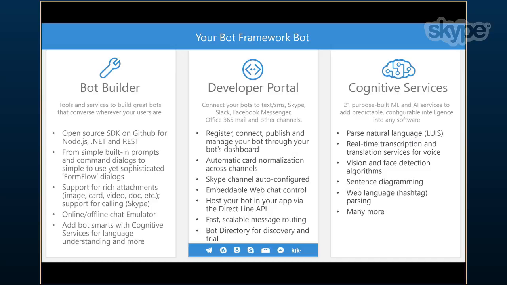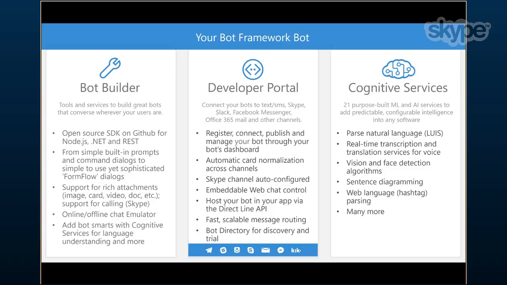Okay, so that's Bot Builder, Developer Portal. When you have written your bot, the first thing to note is that you can choose C# or JavaScript. If you're writing in C#, typically you're going to be using a PC running Windows and Visual Studio 2015. We have an application template that plugs into Visual Studio to give you the initial framework for building your bot.